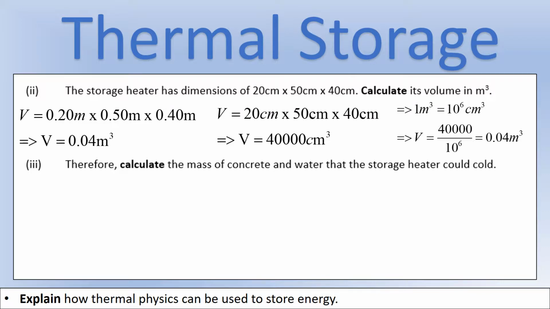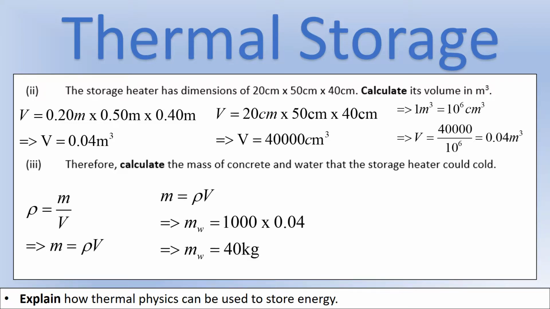Then, now we've got the volume, we can use the densities to figure out what the masses are. So let's do it for water first of all. So we should know that density is the mass per unit volume, which means mass is density times volume once we rearrange that. So the density of water is 1,000 kilograms per meter cubed. So this is why we needed the volume in meters cubed,